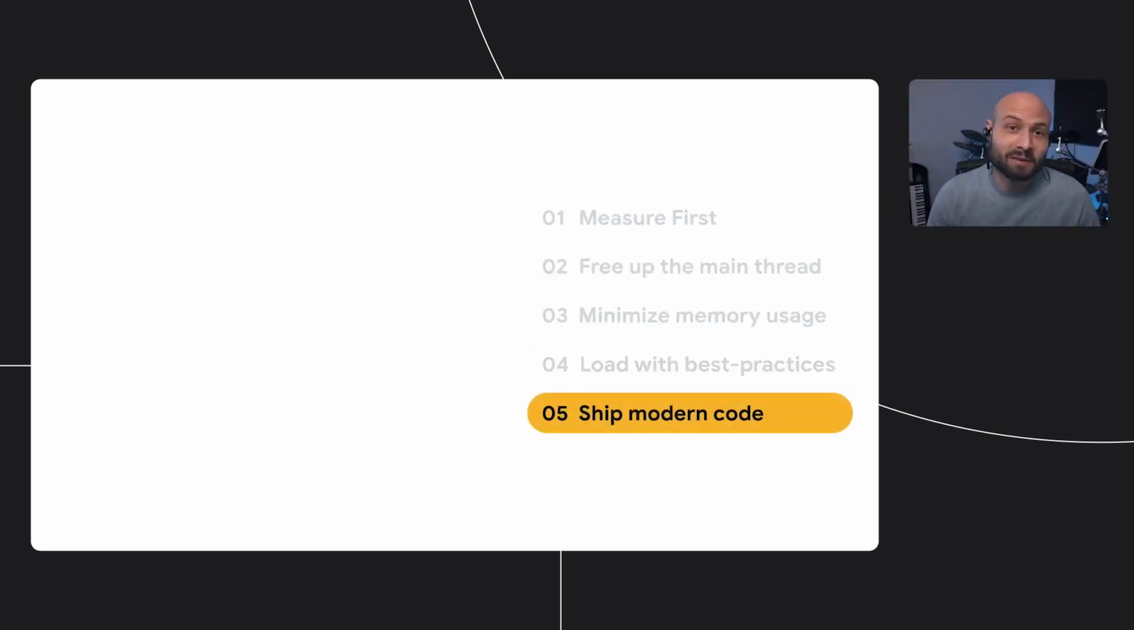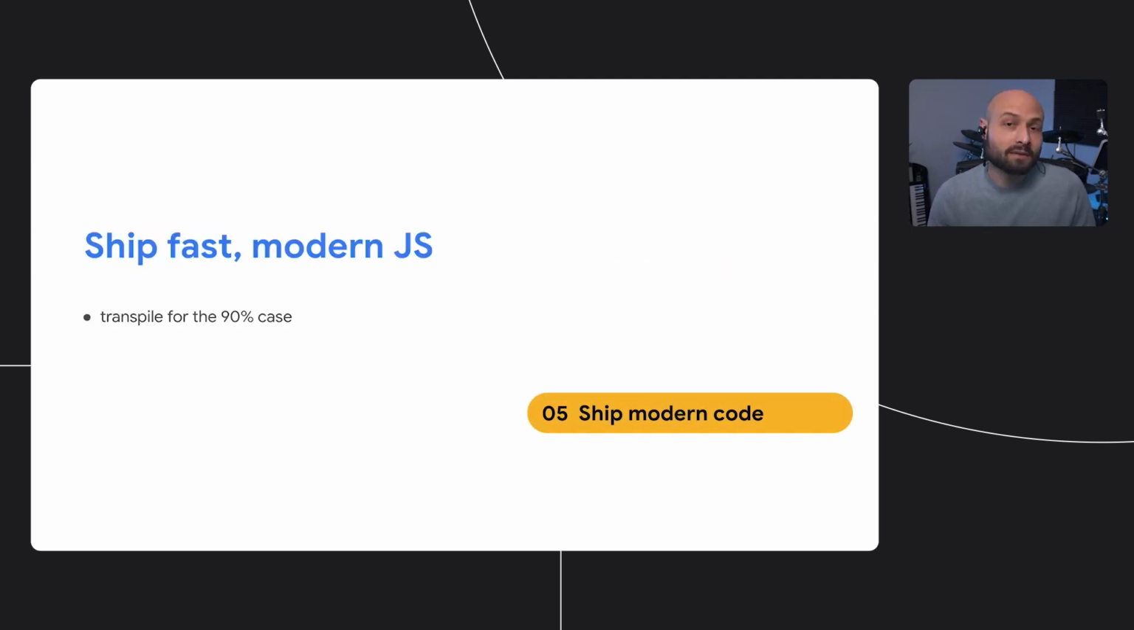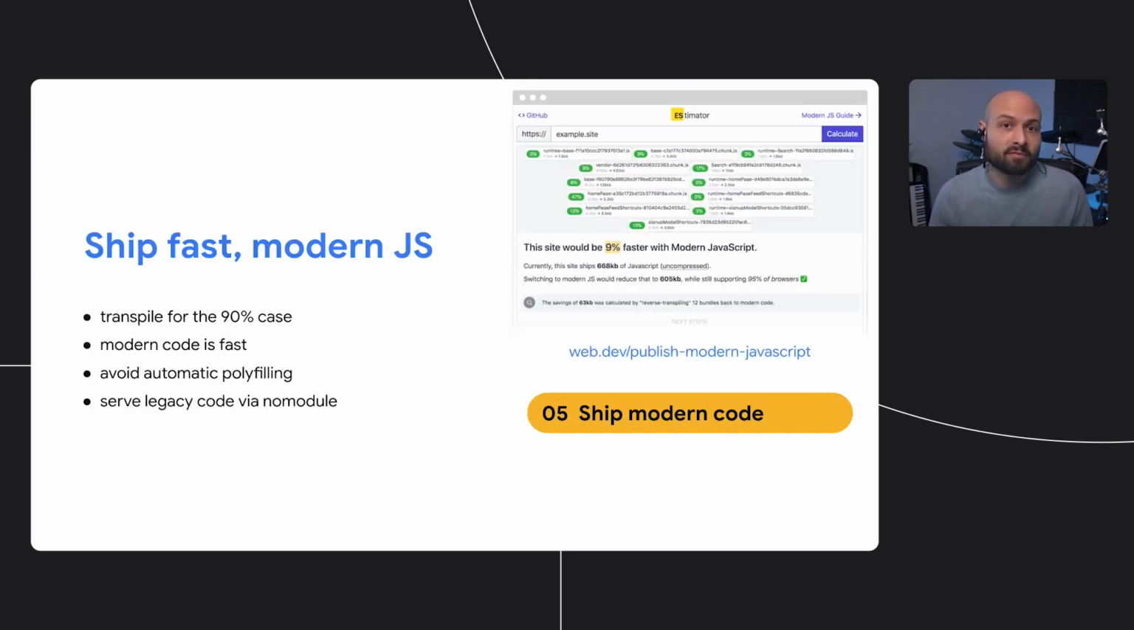Finally, a topic I never seem to tire of talking about: make sure you're shipping modern code. Modern JavaScript is supported in 90 to 95% of browsers and is generally much faster than the equivalent transpiled code. The biggest performance improvements here typically come from avoiding automatically injected polyfills that aren't needed in modern browsers. You can also ship modern code without dropping support for old browsers by serving fallback bundles using the module-no-module pattern. If it's been a while since you've last looked at your transpiler configurations, that's a good place to start improving